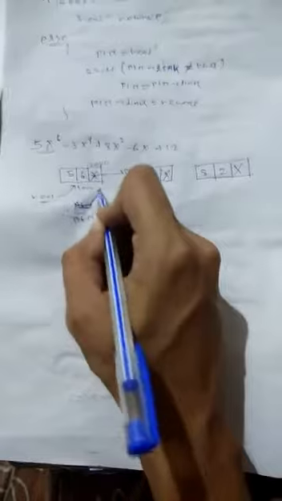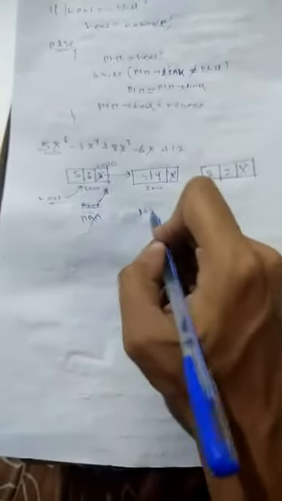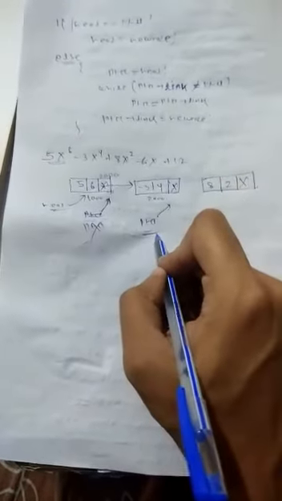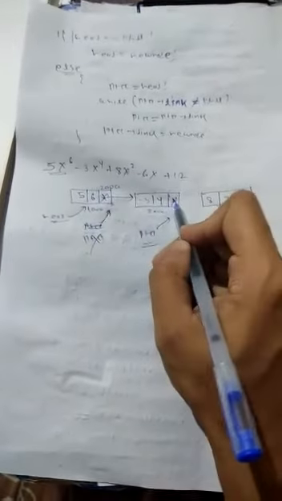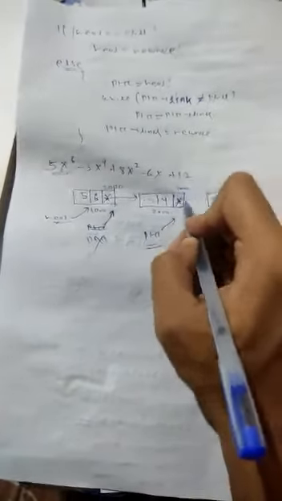Next, ptr equals head, so ptr starts here. Ptr link not equal to null, so ptr is updated here. Ptr link not equal to null? Yes, so ptr is updated to here. Here ptr link is null, that means ptr stops here. Then ptr link becomes the new node. This ptr link is updated to the new node address. Suppose I write 3000, so the link to 3000 will be established.